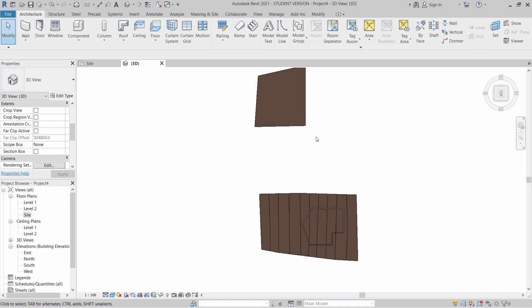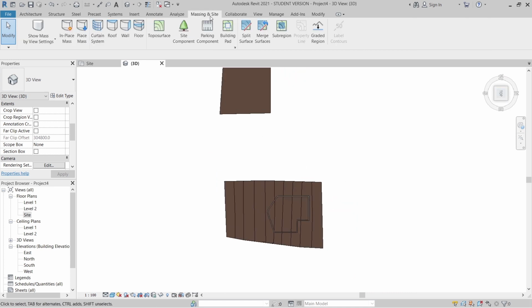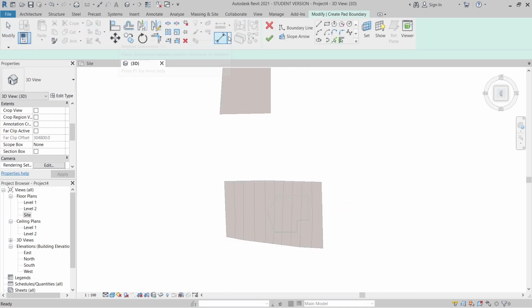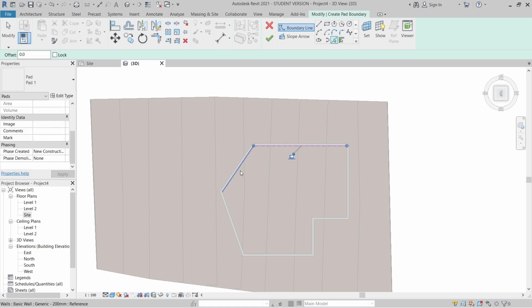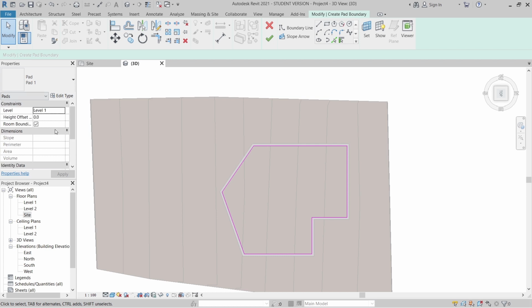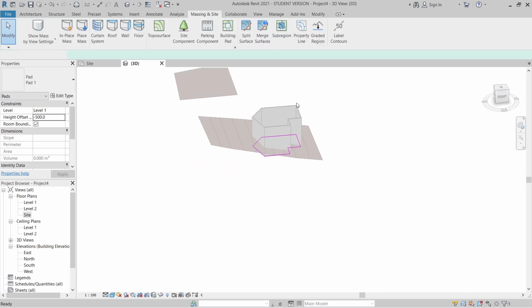Easy thing, you just go to your top view, then go to Massing and Site, and go to Building Pad here. Now we are in edit mode. You can select Pick Lines here in order to do it correctly and in a faster way. You just pick all the internal elements here, hit escape. Then on our properties panel here, of course you can adjust the height offset for your building pad. Let's say I want to make it minus 400 millimeters in depth, so I can hit finish.